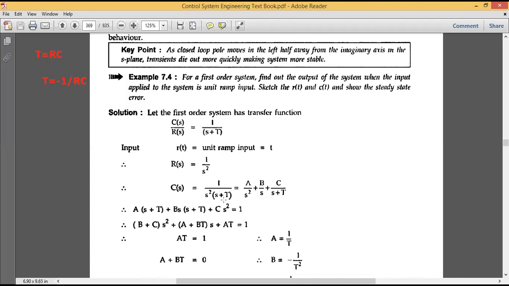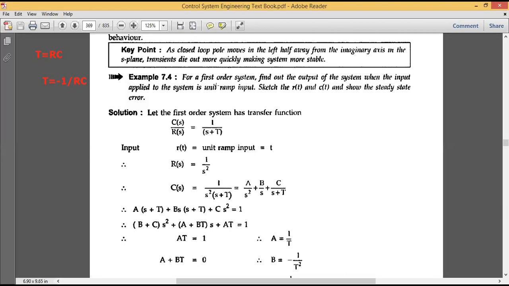Okay, s plus t. Now let us separate these values using the concept of partial fractions. So it is a divided by s square plus b divided by s plus c divided by s plus t, because this has a power of 2. So whenever there is a power of 2, we have 3 variables. Now find all the values of a, b and c using partial fractions. If you want to find the value of a, then you should make the values of b and c equal to 0. This we know, right? So the denominators get cancelled or equated, and then we get only this one.